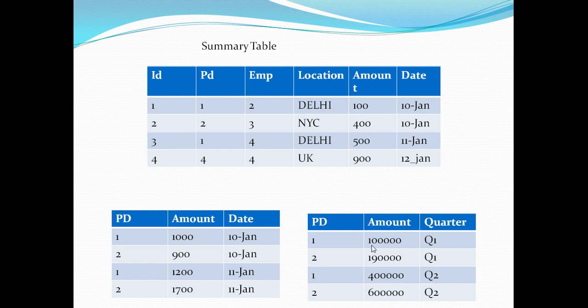Now the challenge I have is that I have a huge amount of data and I have thousands of already designed reports. What exactly should I do in order to improve my performance and optimize the process? And the answer to that, with minimal change of code, is materialized view. And how will it do that? It will leverage a feature called query rewrite, and we will understand how.